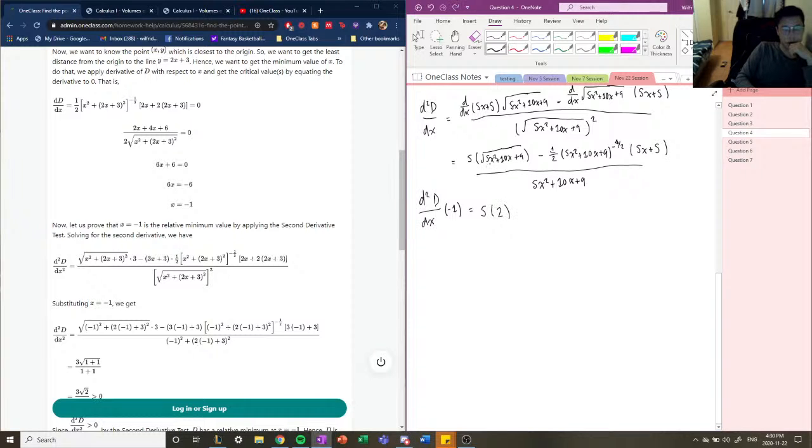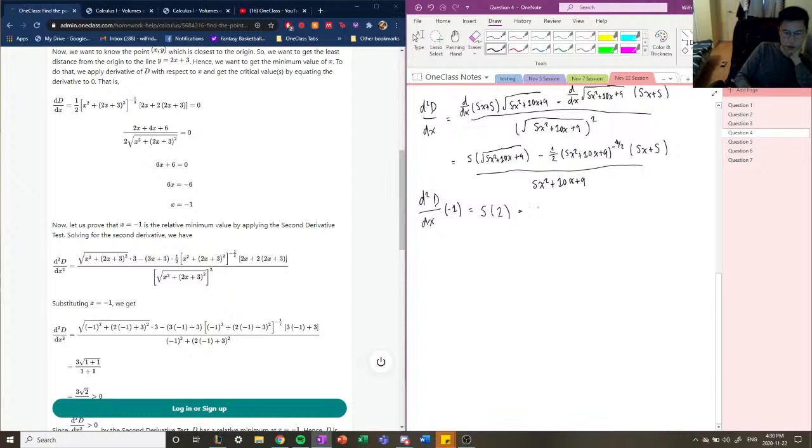Okay, so 5 times -1 squared, which is just 5 minus 10 is -5, plus 9 is 4, root of 4 is 2. All right, we're going to need to plug -1 here too, which is going to be 1 over 4. So this is also going to equal 4, I guess. But it's also rooted, so it's going to be 2. It's on the bottom, so it's going to be minus